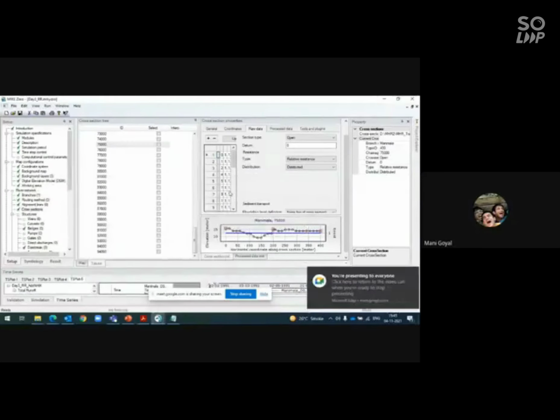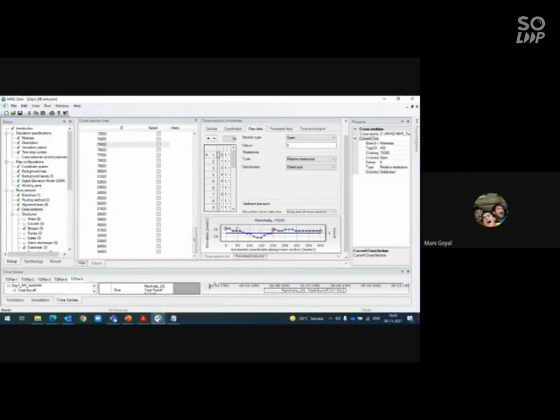So this is how you can generate the cross sections, and in these cross sections these three points are important. This is your left levee, this is your bottom point, and this is your right levee. If you click on this point and click on this bar, this is your left levee. This is how you can define the cross sections. There will be an embankment here. Embankment in the sense your cross section is fixed on the right side, and this is your bottom point. With respect to this only, the calculation of water level and discharge will take place.